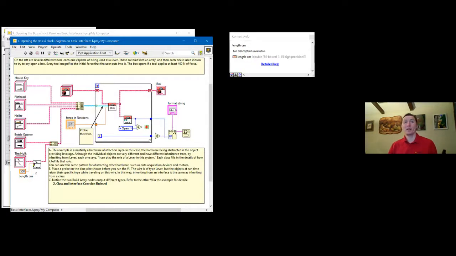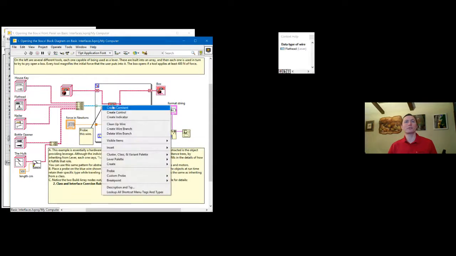bar. But as we know, levers, the longer they are, the more you get a force multiplier on them, back to elementary school physics and the 6 simple machines. So if nothing else opens this box, that's going to open the box. So here's my human force in newtons going in, and my instructions say to probe this wire, and I follow my own instructions. So I'm going to probe this wire,